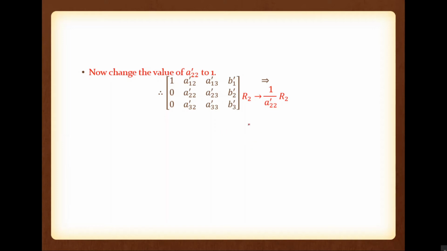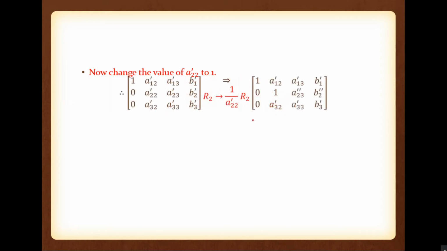So first, we have to convert the corresponding pivot. This is the corresponding pivot or diagonal element. So we have to convert this element to 1. That is the first step of the second elimination. So A22 dash must be 1. So what are we doing? This is the second row. So R2 is equal to 1 by A22 dash into R2. That is the row operation that we are using,